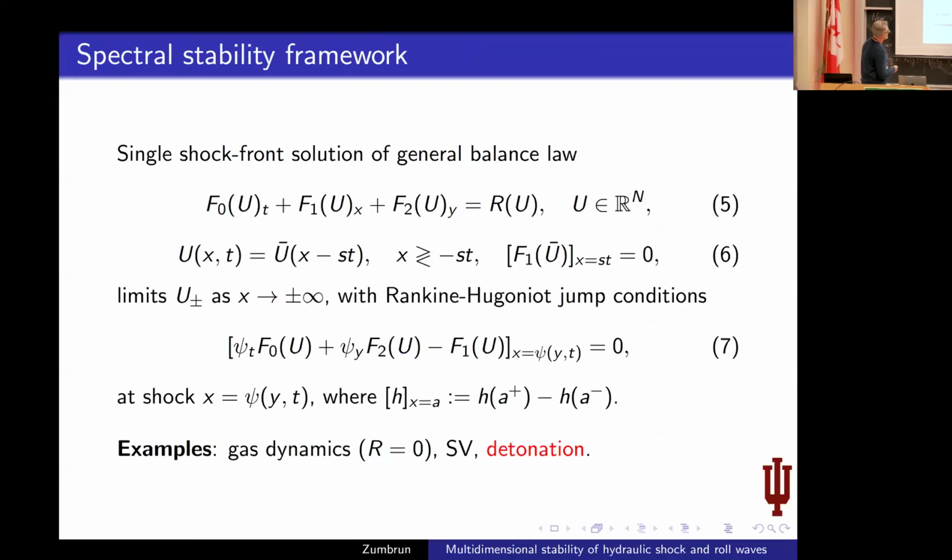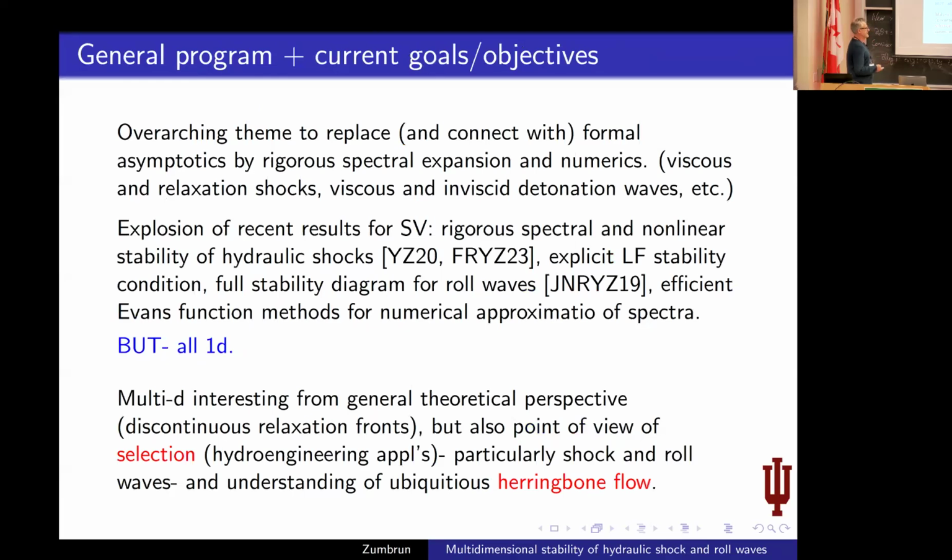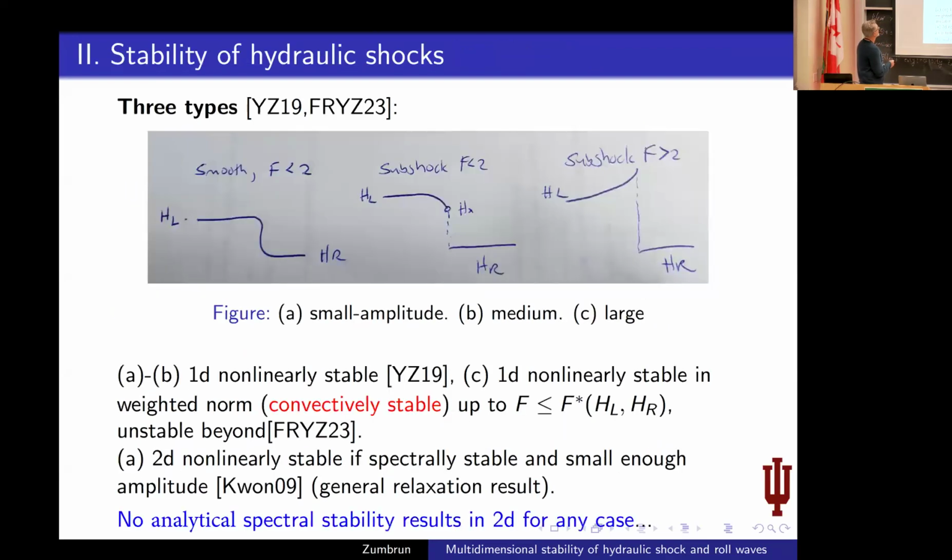And maybe I should mention, as regards herringbone flow, there's some very nice recent work of Ian Tice and collaborators on herringbone flow, now giving rigorous bifurcation results on existence. Fantastic. Okay, so what about the hydraulic shocks? I'll just review the 1D stability. I didn't completely tell you the whole thing. So when F is less than 2, there are 2 kinds, smooth ones and subshock-containing ones, and they're both monotone. And they're both stable with respect to, say,